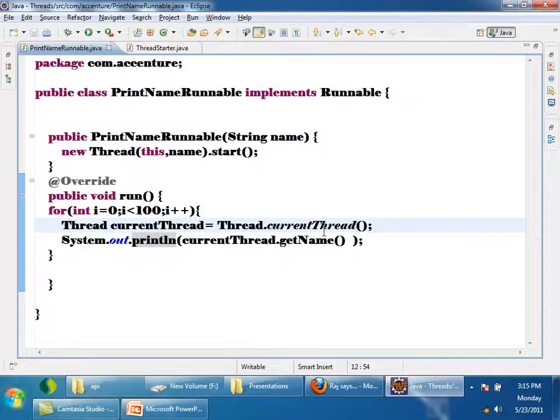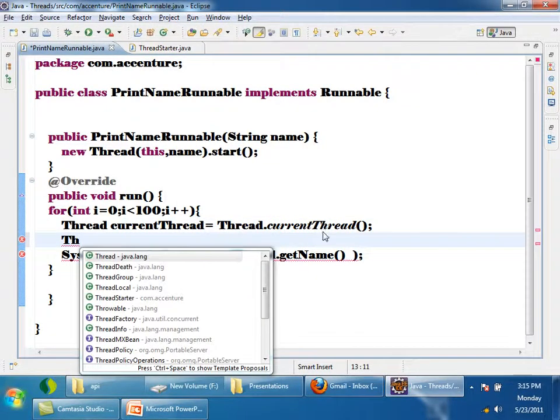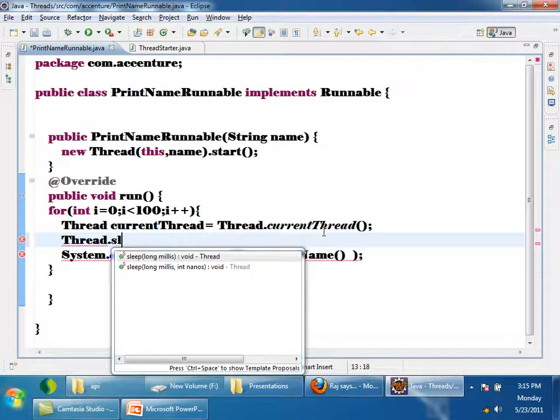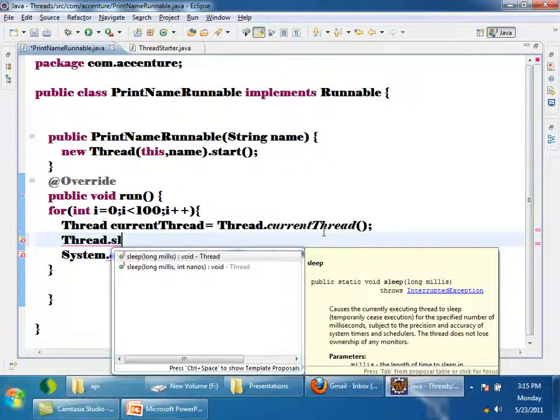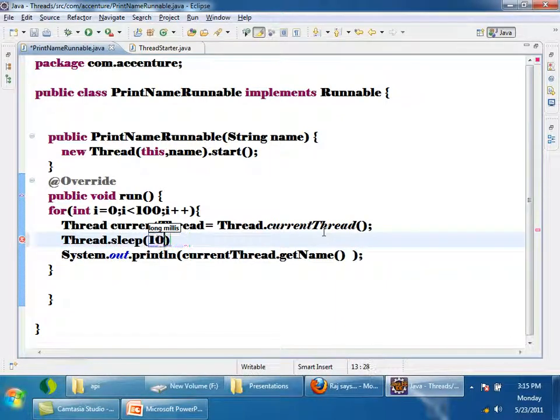So what I can do is, if I want the thread to go to sleep state, I can call Thread.sleep. There is a static method called sleep inside Thread. If you call Thread.sleep, the thread which is executing this line will sleep for some time. Here we give time in milliseconds. I want it to sleep for 1 second, I give 1000. So Thread.sleep means if any thread is executing it, it will sleep for 1 second, that is 1000 milliseconds.